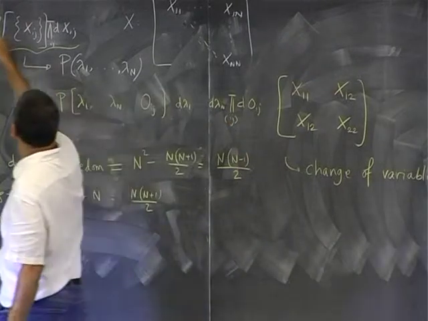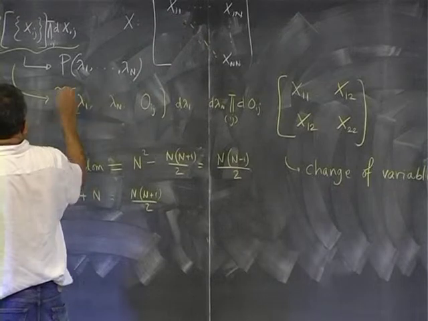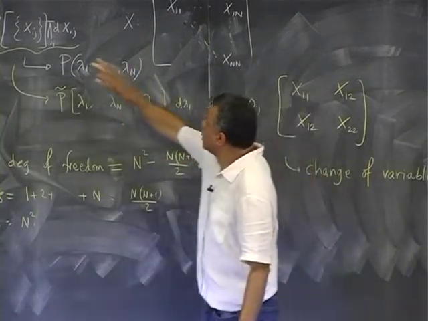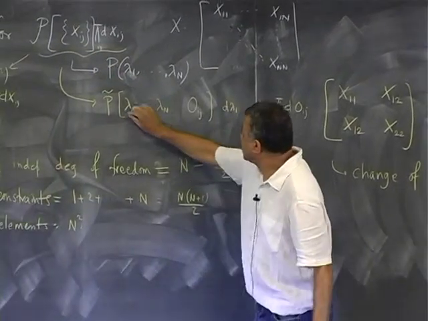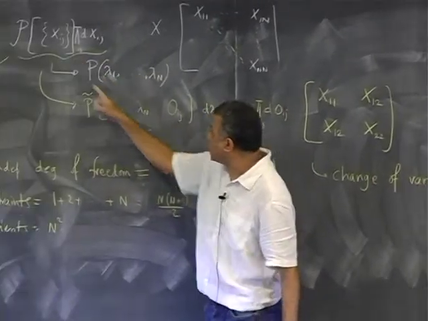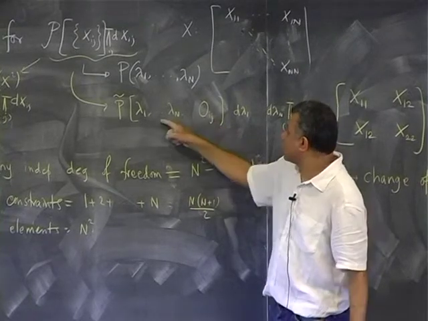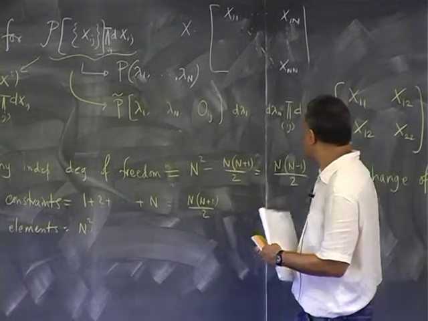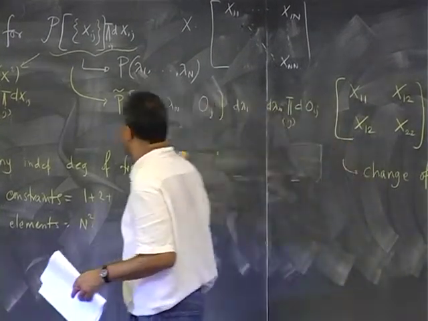So this p may not be the same as the capital, the curly p here. Let's call it p twiddle. This is the program. I'm making a change of variable from the original xij's to this number of degrees of freedom, and I have the right number of degrees of freedom. Here I had n into n plus 1 over 2, and here I have n, and n into n minus 1 over 2, so the total is n into n plus 1 over 2. So this is the joint distribution of eigenvalues and eigenvectors,